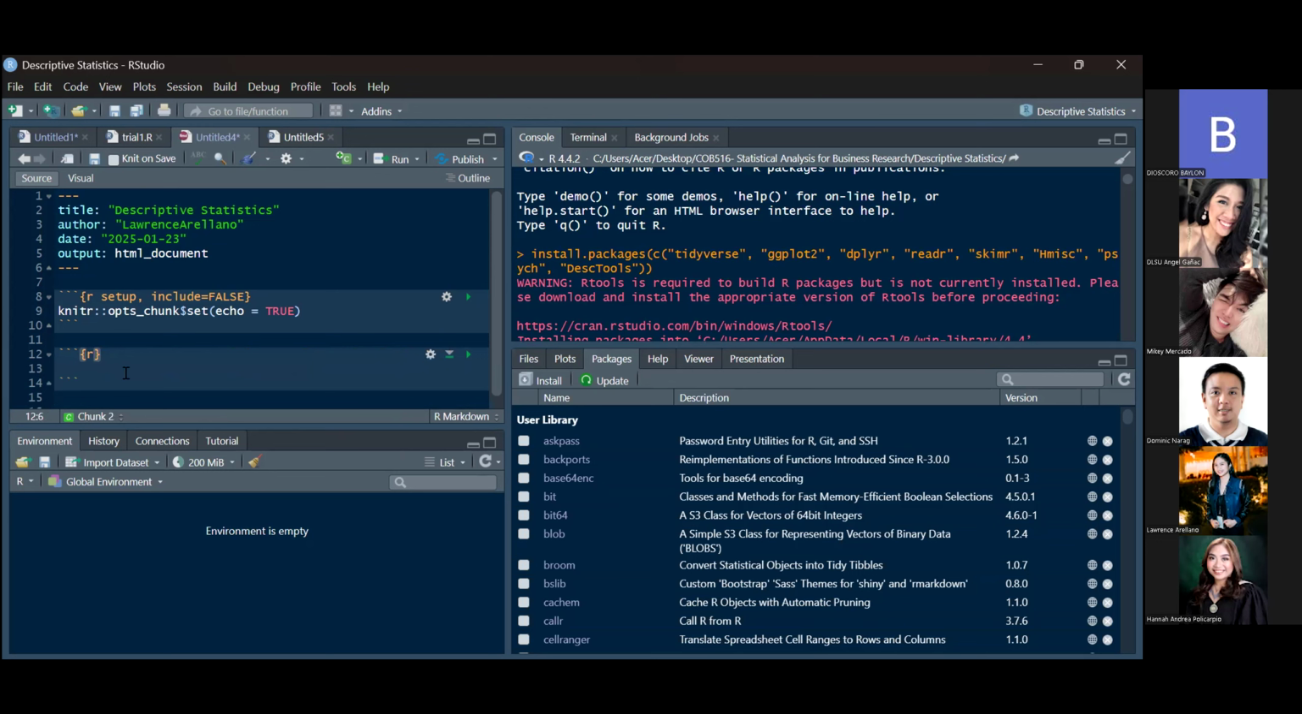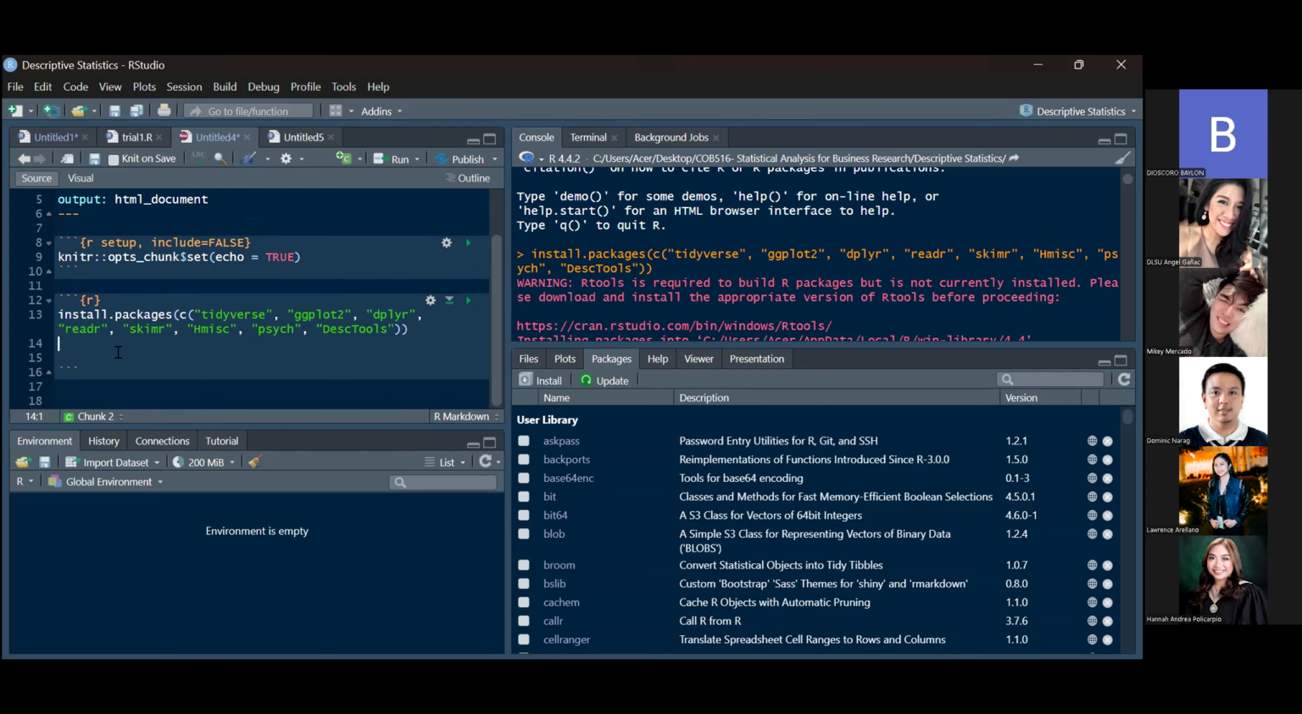Control Z. Okay. Lumabas ka na sa curly brackets, lumabas ka dyan. Enter ka, para nasa next line ka. Control V ngayon. Yan, okay? So,